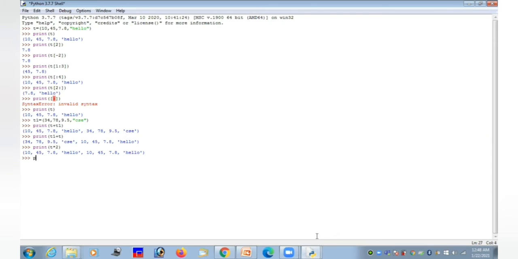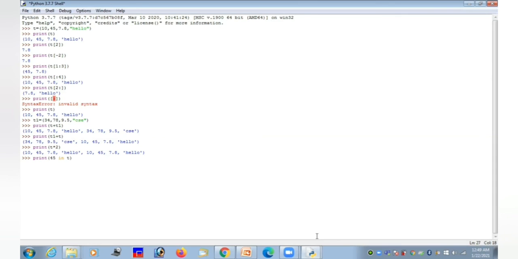Suppose I'm going to check whether the element 45 is a member of the tuple T. It will give either true or false.